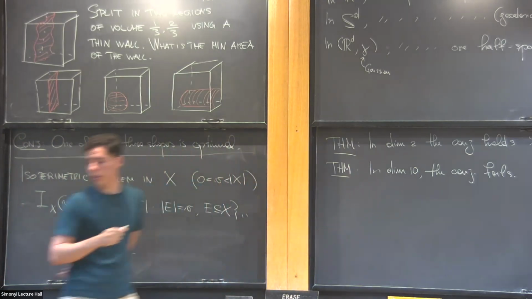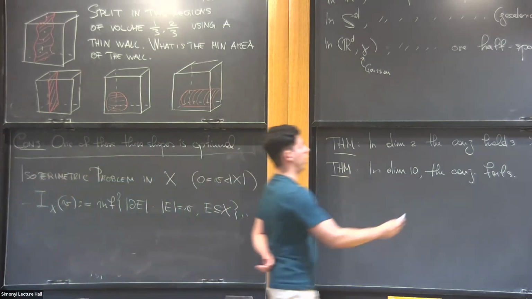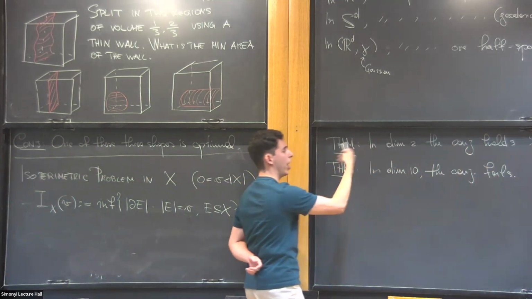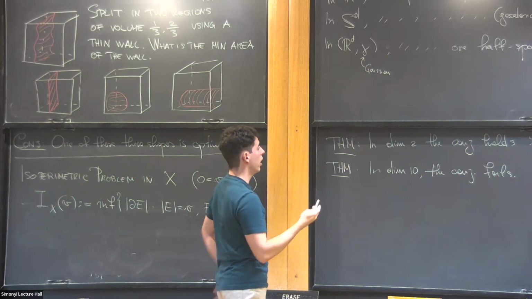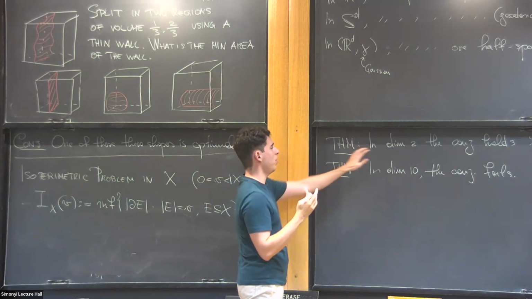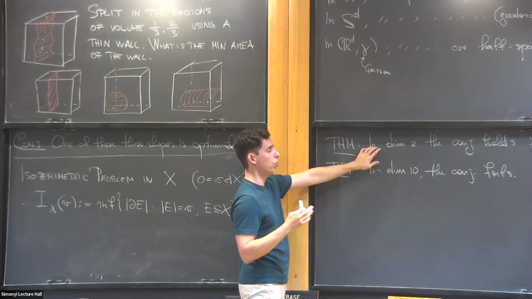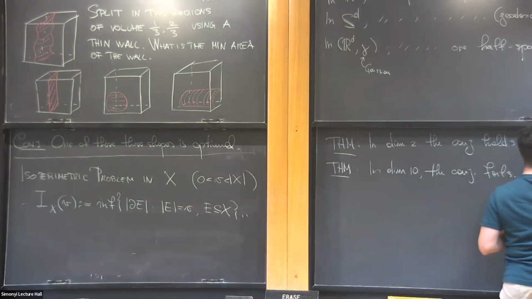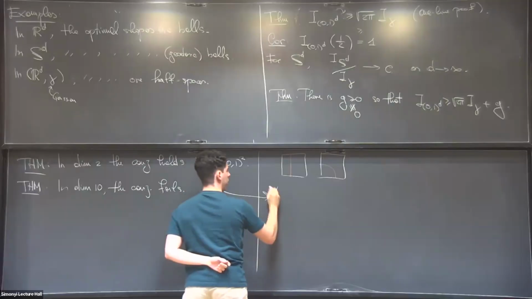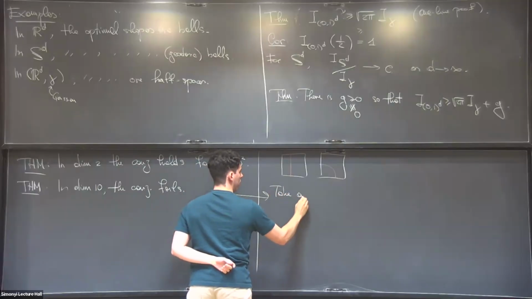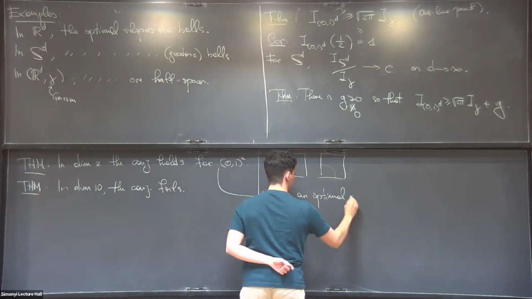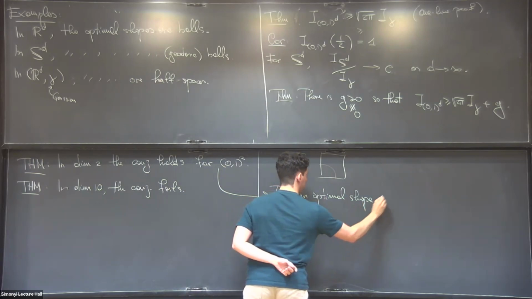If I have one more minute, and I do, I just want to mention one thing. How can you try to prove the conjecture in dimension 3? Well, the strategy is kind of the same that you could try in dimension 2, but of course there are many, many more difficulties. What's the idea? And this is something that I mentioned at the very beginning. How do you prove this? Take an optimal shape, E,